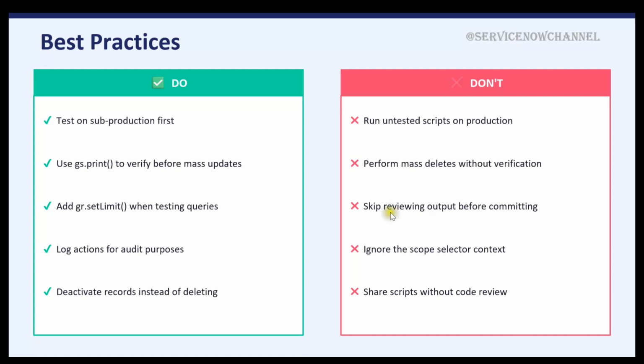I showed you, right? We have updated 13 records, bulk records. So there I have written gs.print to print the statement once it got executed. So like that you can use gs.print, and you can set a limit by gr.limit, which means